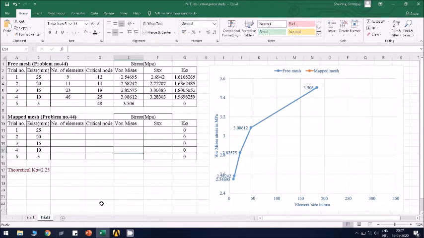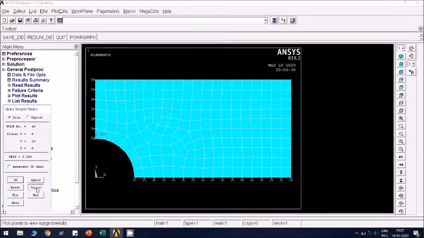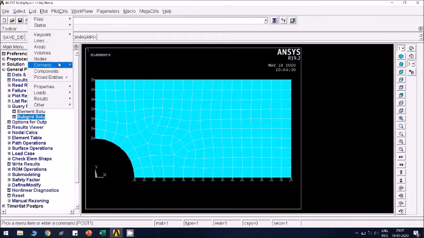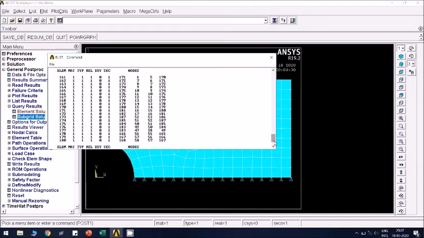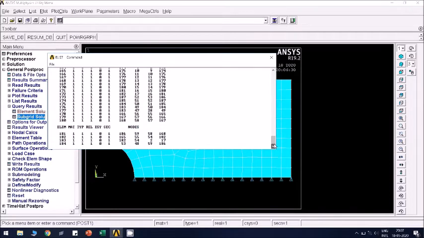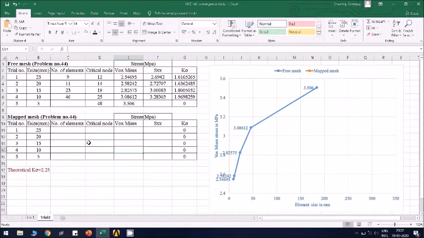Number of elements we'll count. List elements. Totally 184 elements are present. We'll enter that number of elements, 184.